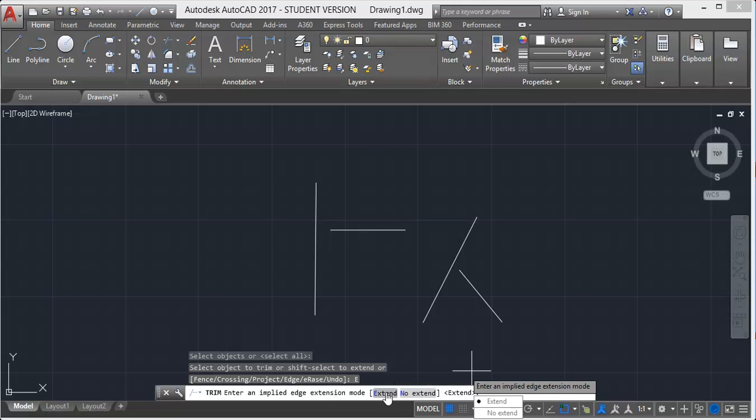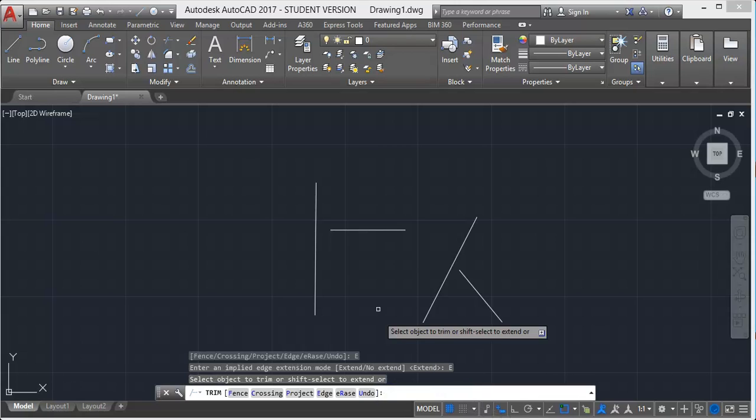You can go on and select the extend option and click enter. Now even if I click here, it is not intersecting this line anywhere, but still when I click this line, it will trim up to the point where this line apparently intersects this.